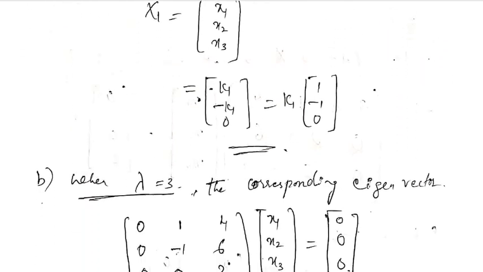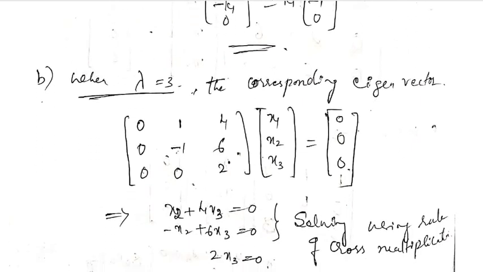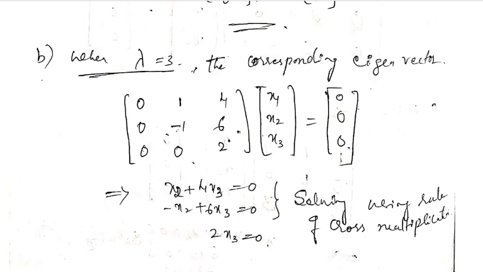Next let us obtain the eigenvector corresponding to the second eigenvalue. So the second eigenvalue is lambda 2 is equal to 3. When lambda is equal to 3, the corresponding eigenvector: substituting lambda is equal to 3 in the matrix equation, the above matrix equation reduces to 0, 1, 4, 0, minus 1, 6, 0, 0, 2 into x1, x2, x3 equal to 0, 0, 0, which implies